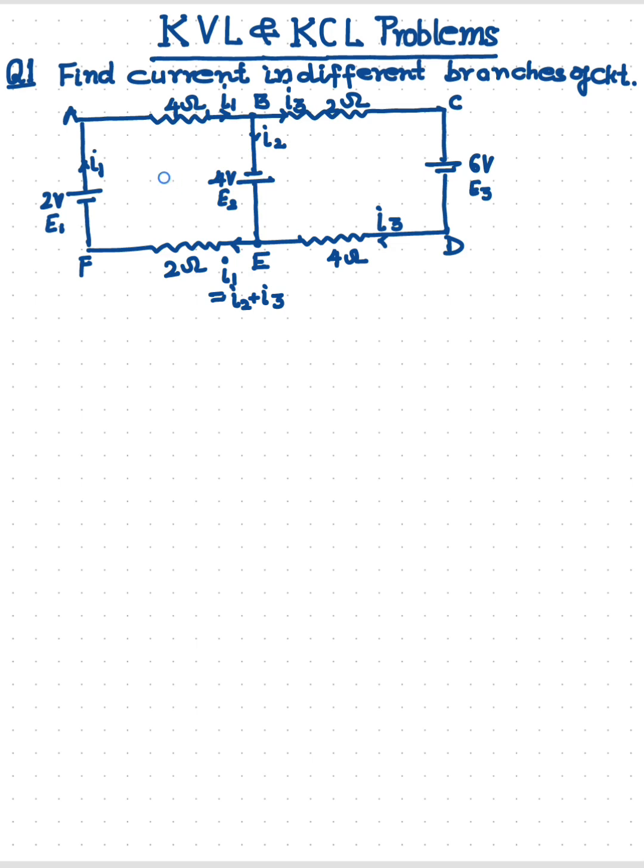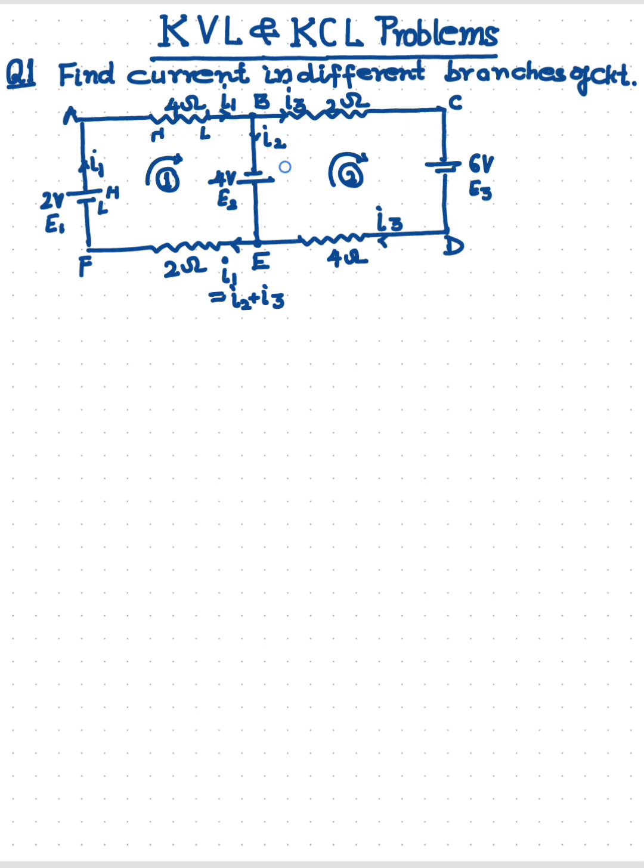Now we can assume the loops. Suppose this is loop 1 and this is loop 2. Loop direction we can assume; suppose I am assuming clockwise. Here I am assuming clockwise. Clear? Now, rules. The first rule is to mark H and L across the battery and the resistances. So this is the battery, this is the low, this is the high, no problem. And the current is flowing here in this direction, so this will be high and this will be low.